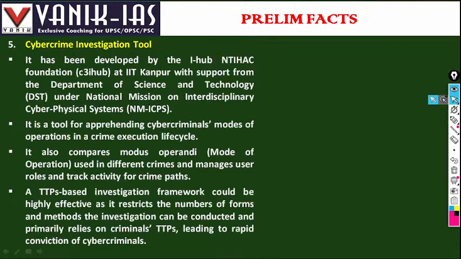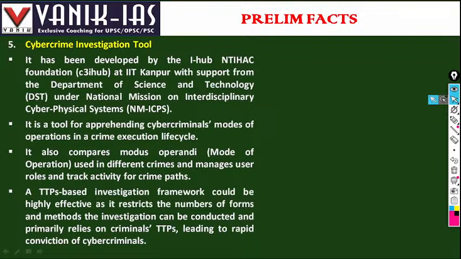Then the cybercrime investigation tool, which has been developed by the NTIHAC Foundation, C3iHub at IIT Kanpur, with support from the Department of Science and Technology under the National Mission on Interdisciplinary Cyber Physical Systems, NMICPS. It is a tool for apprehending cybercriminals' modus operandi in a crime execution life cycle. It also compares the modus operandi used in different crimes and manages user roles and tracks activity for